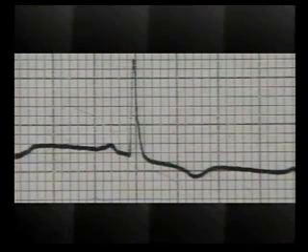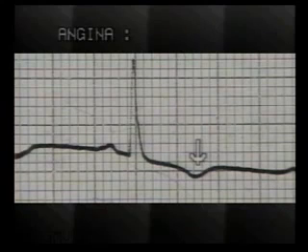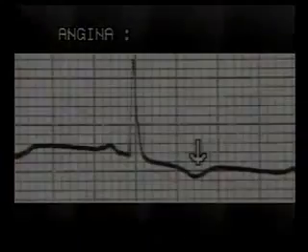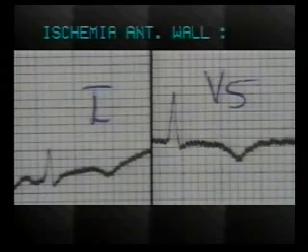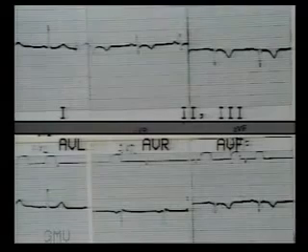If the inverted T waves are seen in patients without acute chest pain, they suggest myocardial ischemia, and their location tells the area of ischemia. T wave inversion seen here is in lead V5. This is typical of chronic angina. This ECG shows T wave inversion in 1 AVL V5 and V6. It indicates myocardial ischemia in anterior wall, probably narrowing of anterior descending branch.